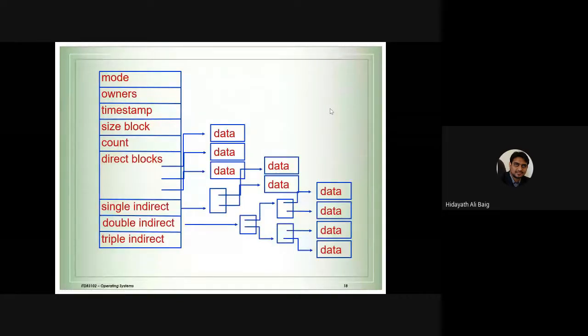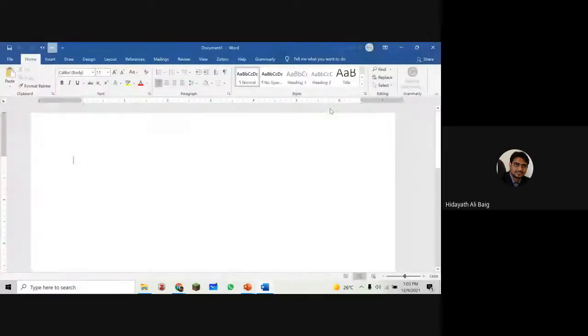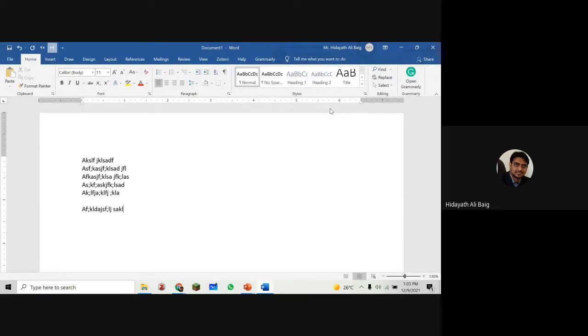Is that clear about the methods? Yes, okay, so these are all the ways the operating system allocates the data storage for files. We don't know anything about this. What we simply do, when I complete my work, is click on file. When I click on save, the operating system has to take my data from the memory. Now, if I open Microsoft Word and I am typing, where is this data? This data is going to RAM.